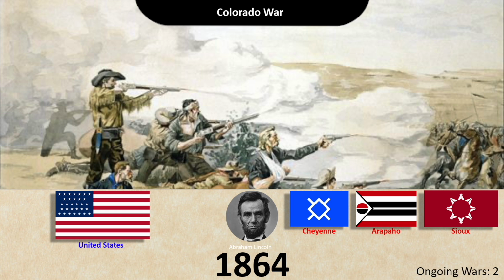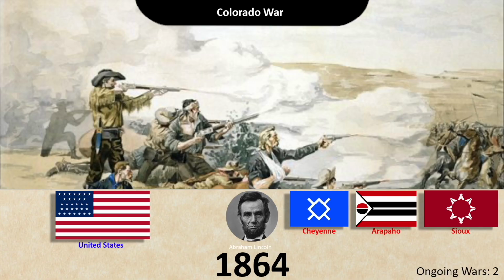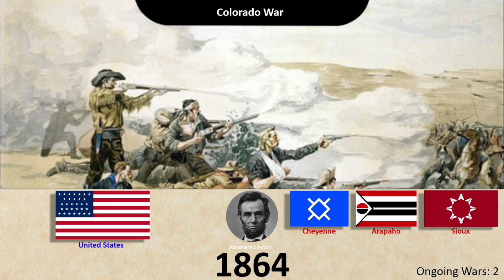A mixed-blood Cheyenne warrior named George Bent would later state that many of the people in the area were puzzled as to why these United States soldiers were causing unprovoked attacks, and it was speculated that altercations between the Native Americans and soldiers was an effort by Colonel Chivington and the Colorado Volunteers to avoid being sent to Kansas to fight the Confederates. Basically, yeah, bullshit like that would just keep happening, and eventually on November 29th, 1864, around 600 men